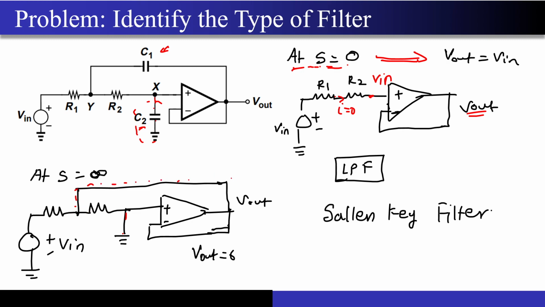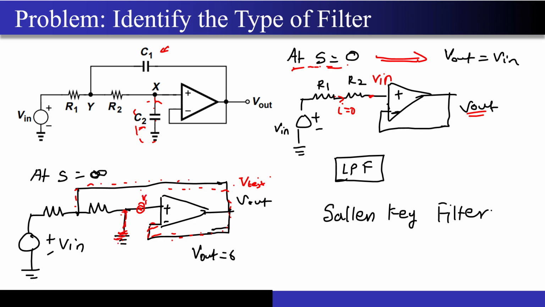Correct? So now what you are seeing over here, there is some kind of positive feedback over here and there is some kind of negative feedback over here. Correct? Now let's try to see which one dominates. Obviously you can see that this is directly shorted. This feedback should ideally be very strong, but still let's try to test. Let's say I gave a test voltage over here. Now I want to calculate how much portion of this Vtest comes over here. Is there going to be any portion of the Vtest that is going to come up over here? Guys, this node is shorted to the ground. Anything that I do over here, it does not care, because this node is directly shorted to the ground now.